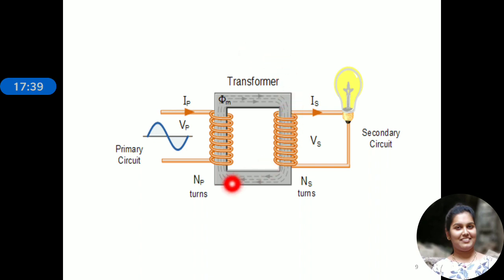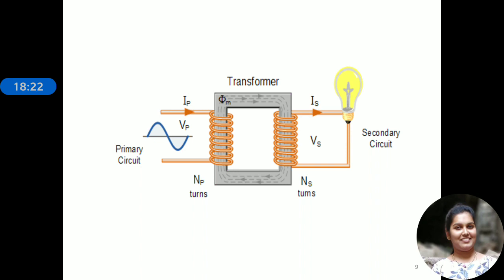This is the core, the rectangle shape on which the windings are wound. This soft iron core is not solid, but is made up of individual laminations connected together in order to reduce the core losses. That is, many laminated sheets of the same size are joined together to form the core. The reason we use this type of core instead of a single solid core is that, in order to reduce the core losses, we usually take laminated sheets as the core material.